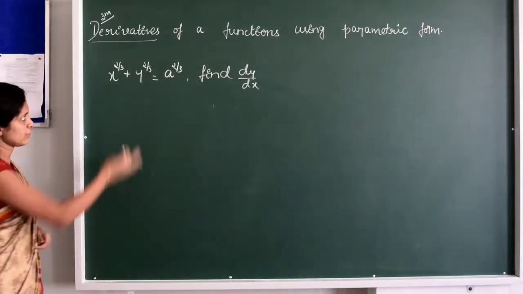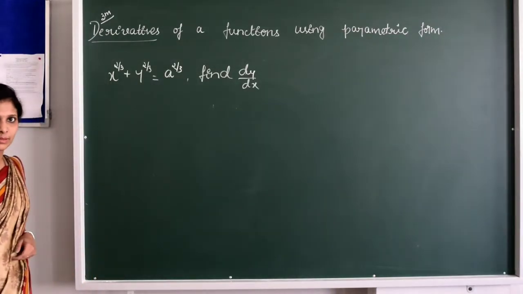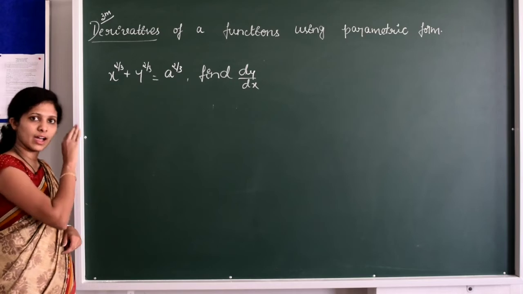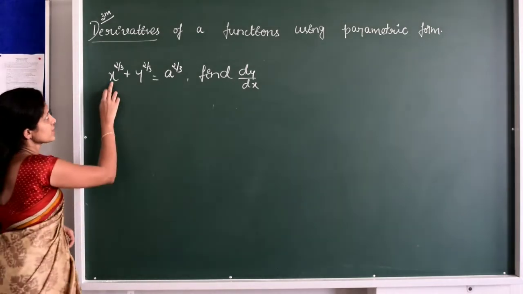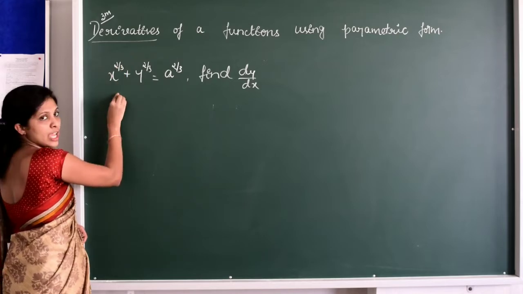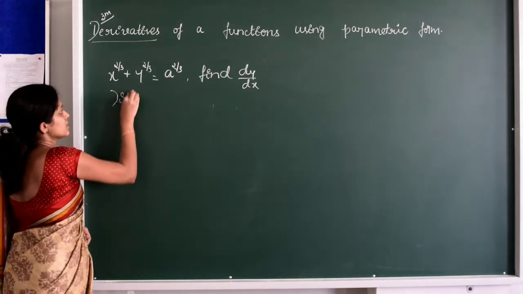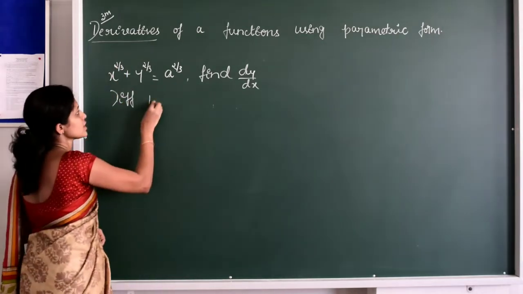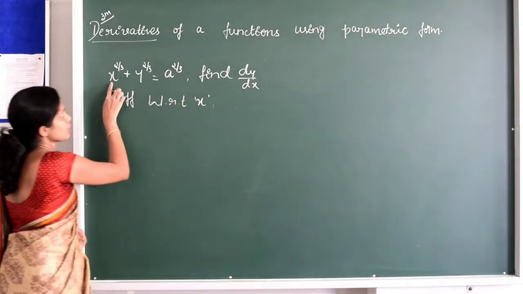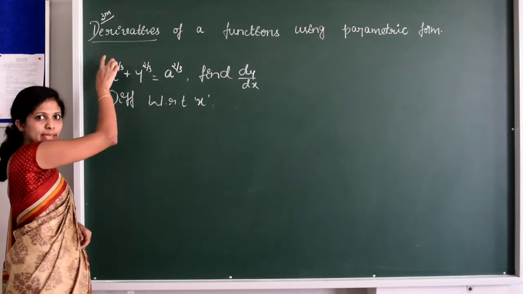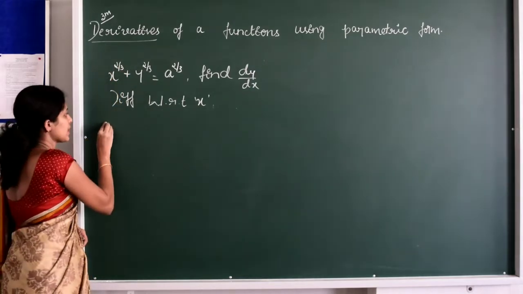Here, we verify the same problem by using the direct method. As I told you, if they ask to use the parametric form, then you have to use that only. Now we'll see this one, x to the power 2 by 3, and differentiate it, just to verify the answer, okay? Differentiate with respect to x. So finding the derivative of x to the power 2 by 3, it's of the form x to the power n, n x to the power n minus 1.